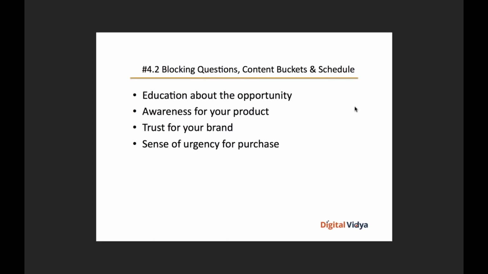Awareness of product. One key content collateral which can help customers get an awareness of your product is a product demo. Just give them a free trial, or in the Digital Vidya context, give them access to a free course. Let's give them complimentary access to a course. Let them actually see for themselves, log in, and experience what Digital Vidya has to offer for real. And that'll answer this particular blocking question in terms of awareness of your product.